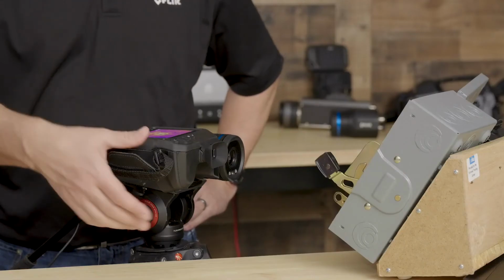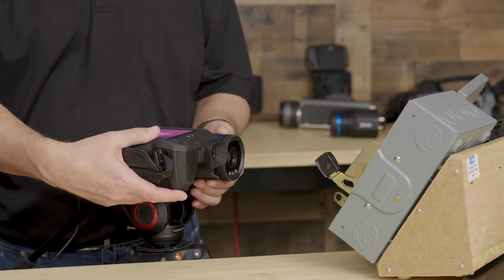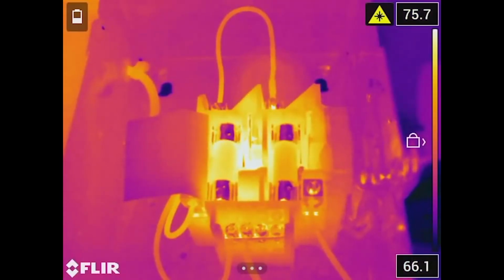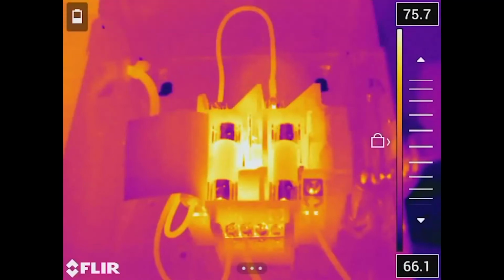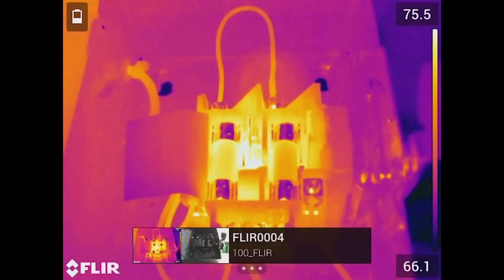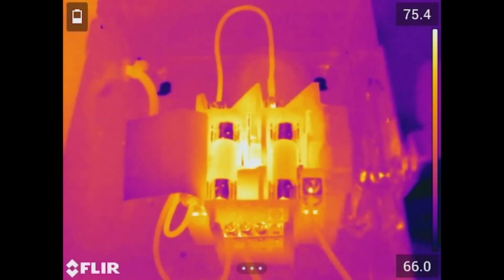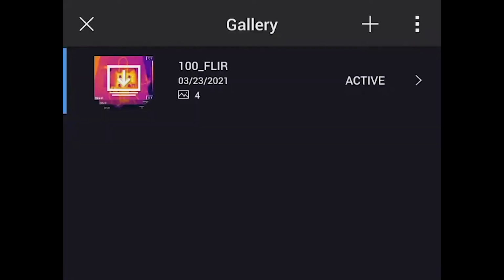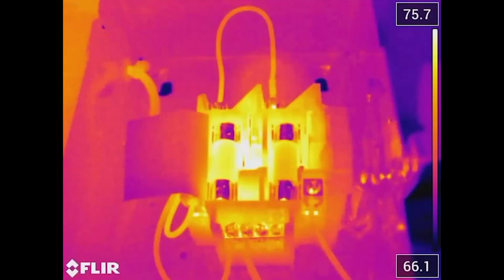So if I go ahead and come in here, I'm going to make sure I have a nice, of course, focused image. So what I have on our screen right now is I can preview the image before saving. So I'm going to go ahead and preview that. Yes, it's a good image. And let me go ahead and store that. So in the camera, I set it up to store the visible and the thermal that you can see on the bottom. Now, if I want to go back and look at that, I'm going to just press my play button, and you can see we're now going to access the images on our SD card. So let me go through my library and pull up the image that we just stored.